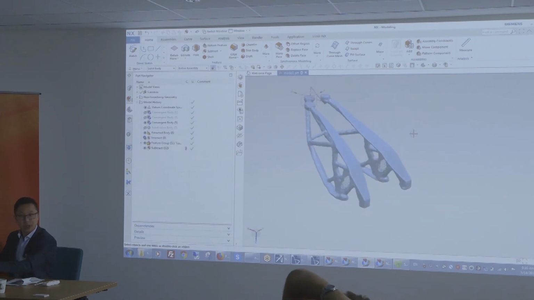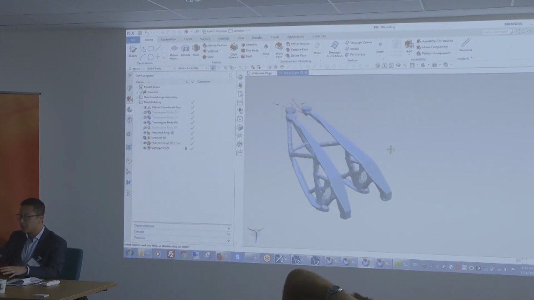So that's just a snippet of it, right? There's plenty we can do. We can create new arms. We can redesign over the geometry. We can create holes. There's plenty of things we can do.